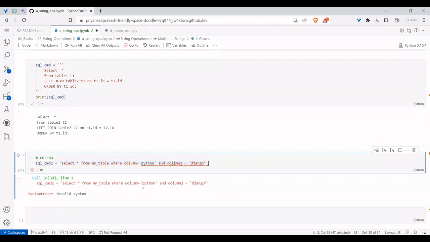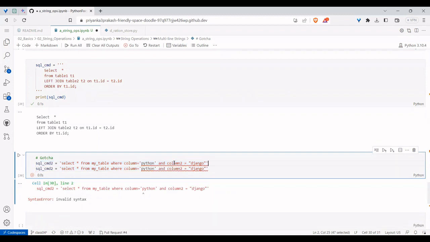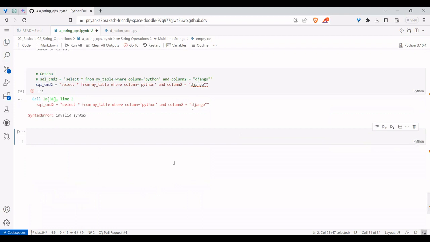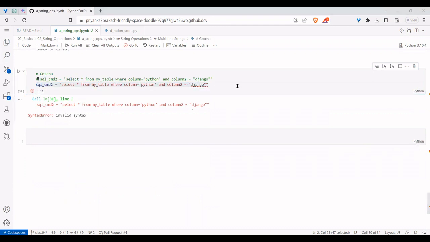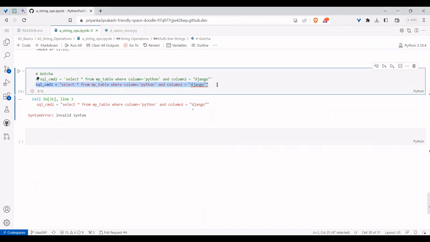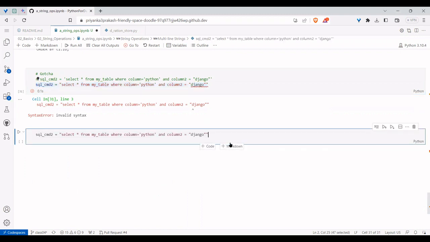Hey, this we have already seen. So instead of doing it like this, what we can do better is take the entire content and place it in double quotes. But still, in double quotes also we got an error. What is this error about? This is the most common error, I would say. The reason is very simple. Did you observe that in this particular string, there is no white space in the middle?